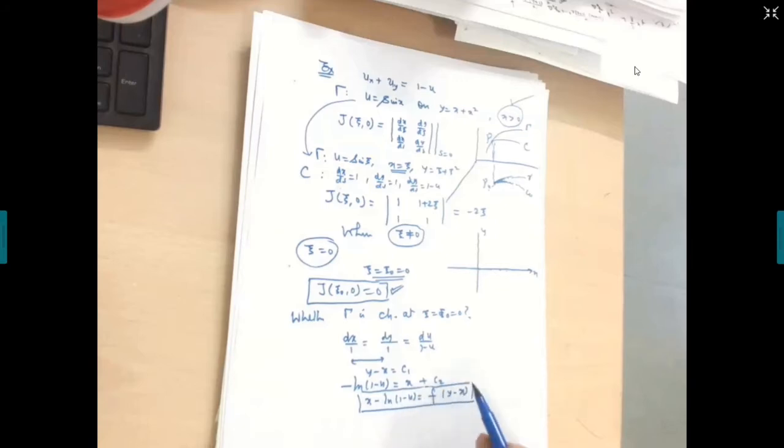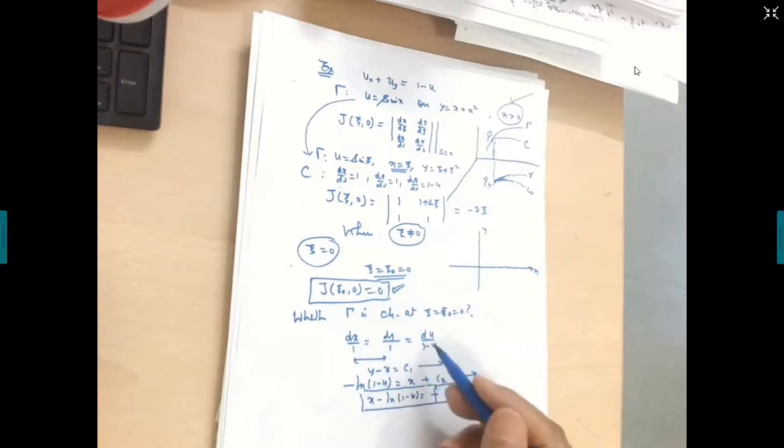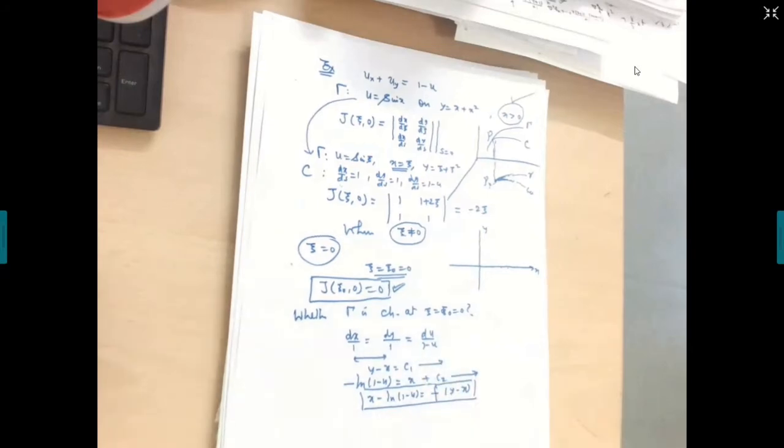What is the whole idea? Although it's mechanical, I can understand it because I know the theory. This represents a characteristic surface in x-y-u space. This also represents a characteristic surface in the x-y-u space. Each member of this family intersects a member of this family along a characteristic curve, and the locus of such a curve is given by this. I have eliminated that parameter.